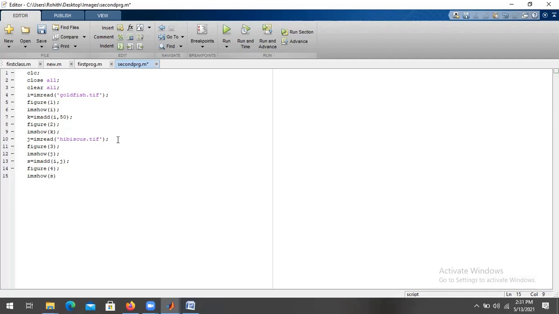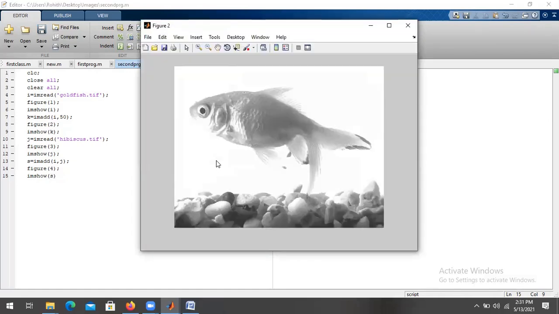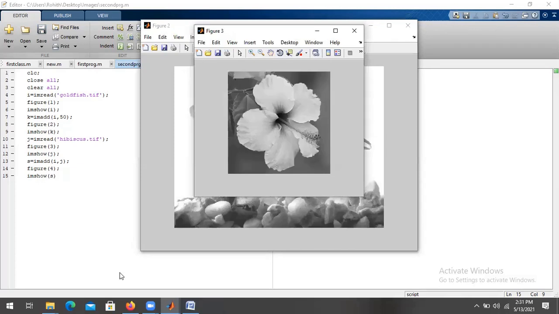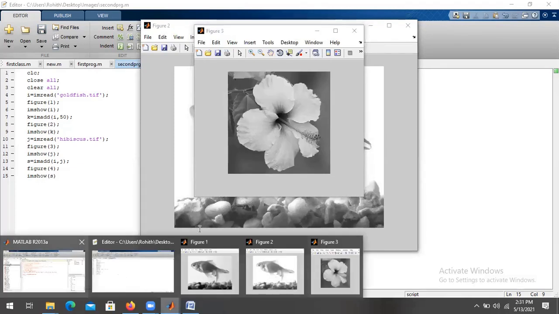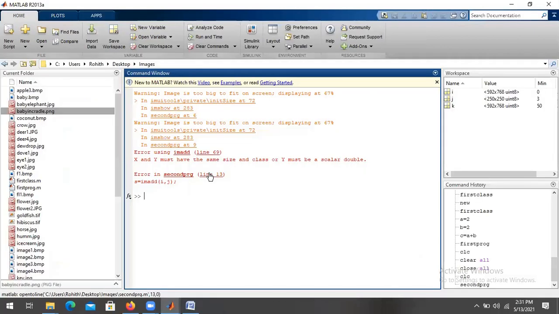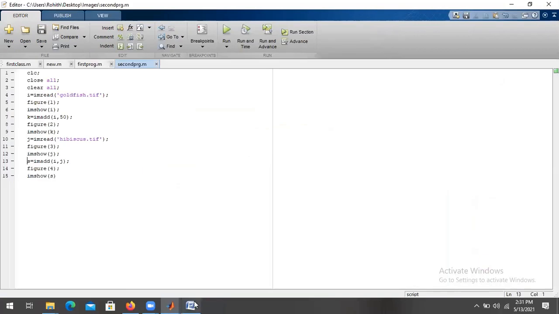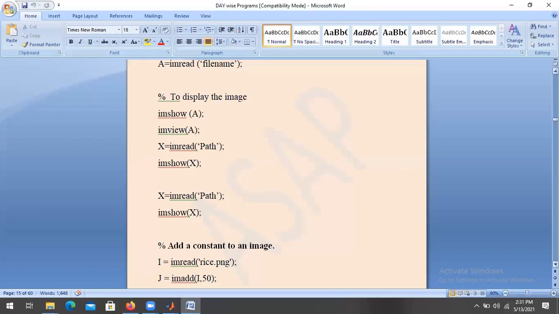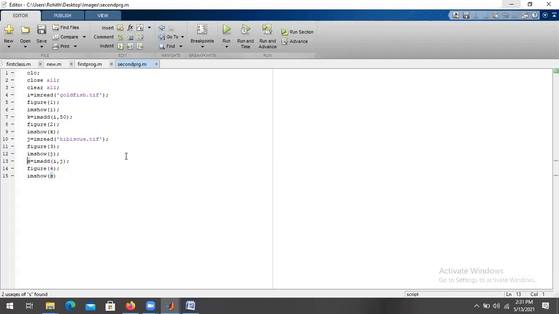Mostly we'll get output, but in some cases, if there is any mismatch, there is a chance of not getting output. That is what I said: the addition did not happen, because the resolution did not match. So we should make sure, when we are trying to add something, that the resolutions match. So we'll take another image when we try to add.